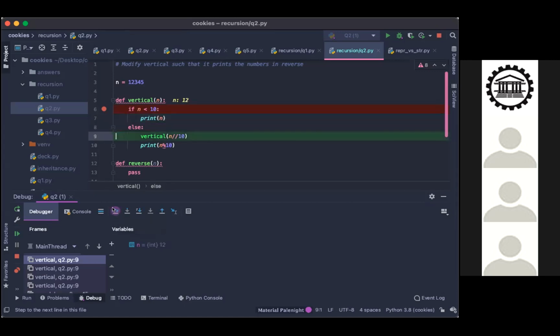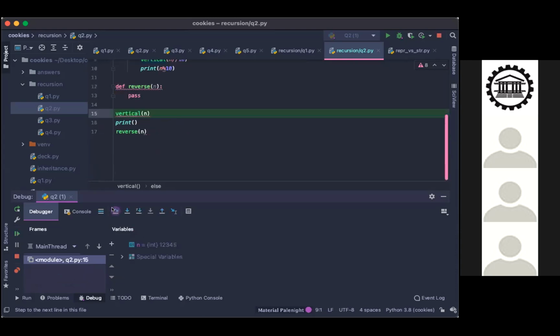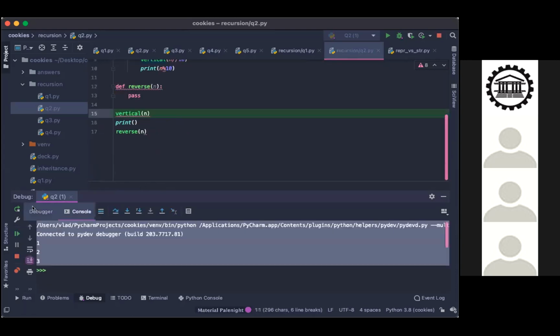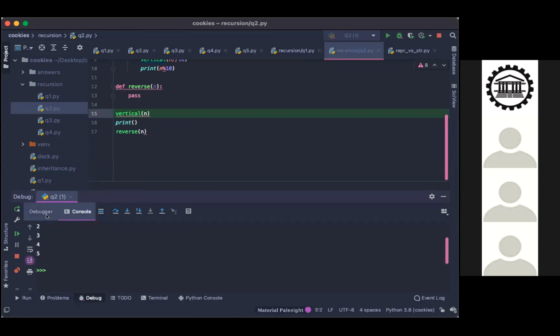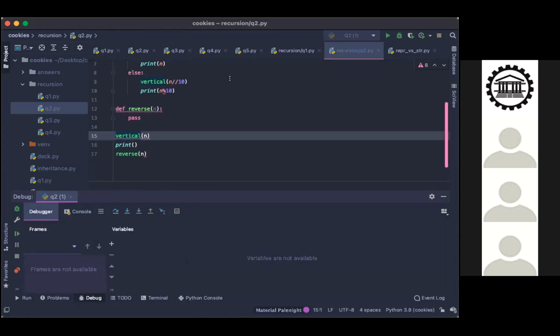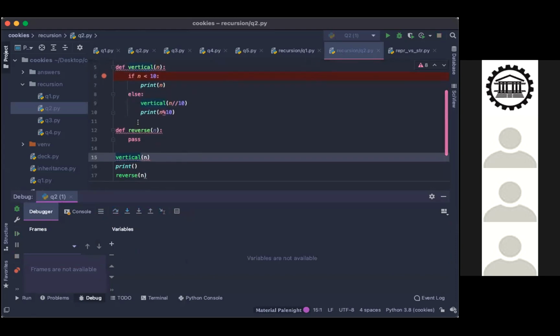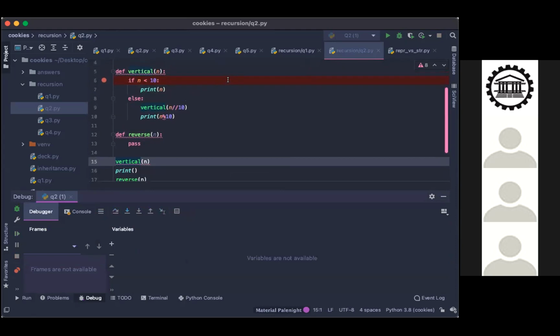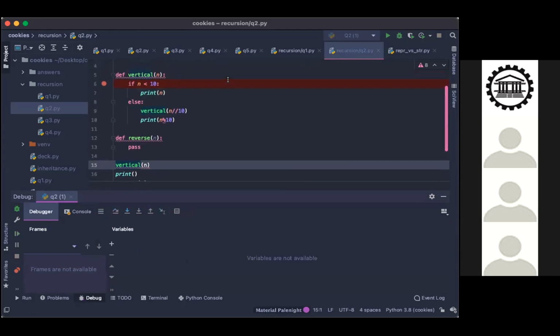So now it goes to the previous function call. Because that function was done, it goes to the next step, which is print n modulo 10, which was 12, and it would print 2 instead. And it would repeat that each time. All right, so it's 1, 2, and then 3, 4, 5, right? As you can see here. Now we know that that is what happens. How can we modify that to create it in reverse? So we want to print 5, 4, 3, 2, 1 instead of 1, 2, 3, 4, 5.